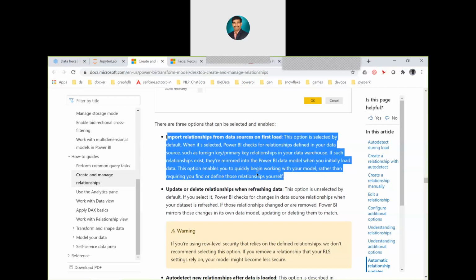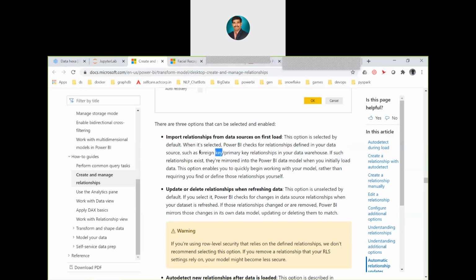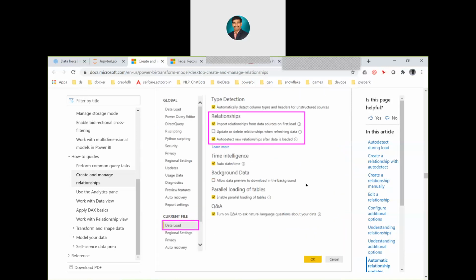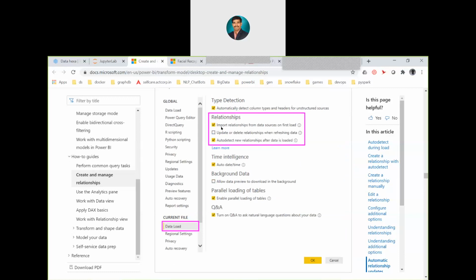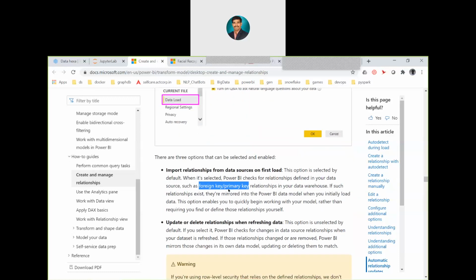This option lets you quickly begin working with your model rather than having to find or define those relationships yourself. Automatic relationships work well if primary key and foreign key are designed well at the database level. Are you getting my point? If you do not select this option in Power BI, then even though primary key and foreign key are available in the database, it won't create the relationship.